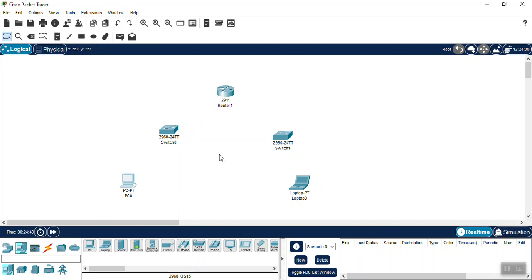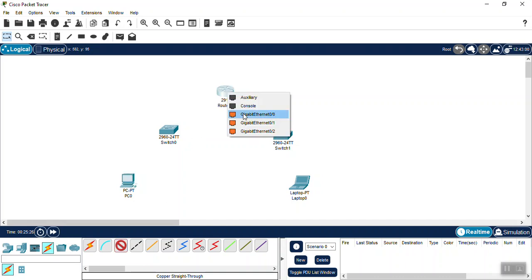Now we will connect all these devices with each other. For that purpose, there is this icon for the cables or connections. Then we will go to the specific connection that we require. These are all different devices that we are connecting with each other, so we need the straight through cable. When you put your cursor on this cable connection, you will find the name at the bottom here. Checking when I click on it, this is the copper straight through cable. Now I will click on the router and select the port number, that is gigabit 0/0.